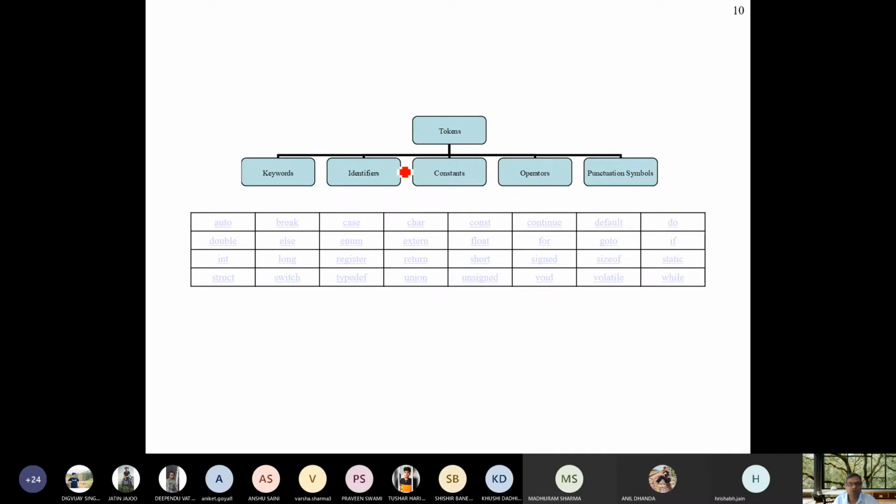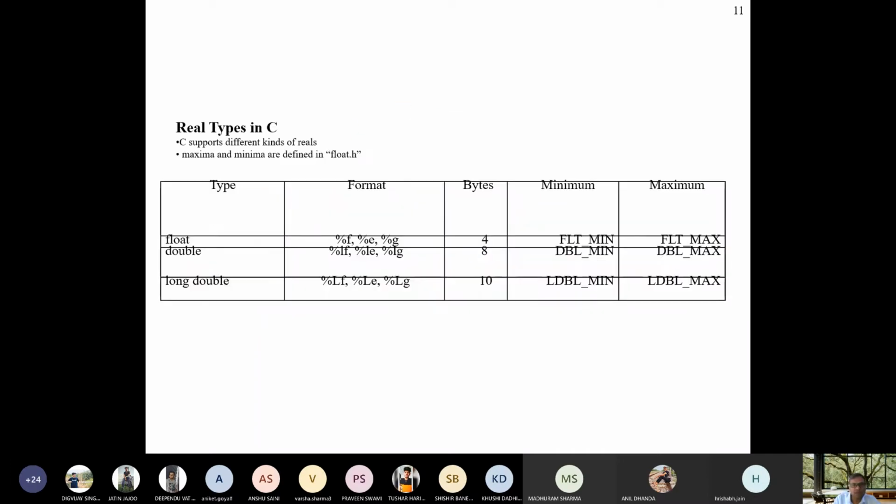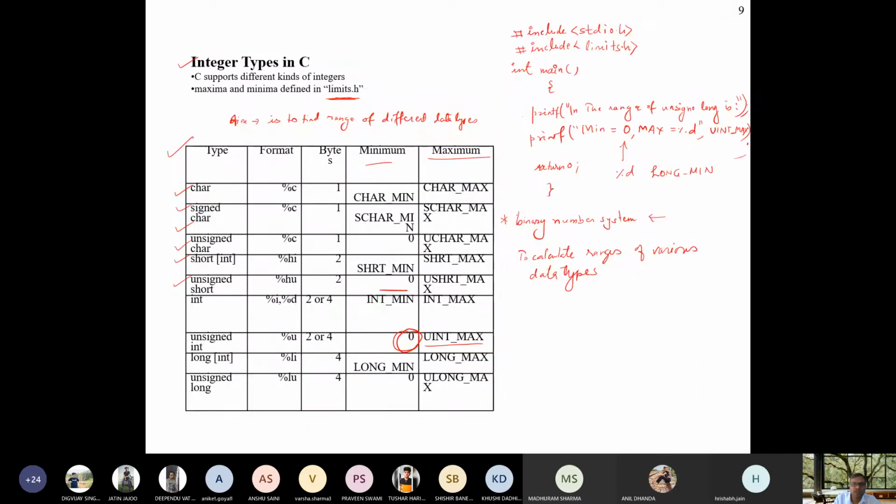Now come to tokens. One thing is remaining here. Now come to float. One more thing is given here, that is the format. If you want to access a character, then %c is there, %c for signed character, short integer %hi, short unsigned %hu.